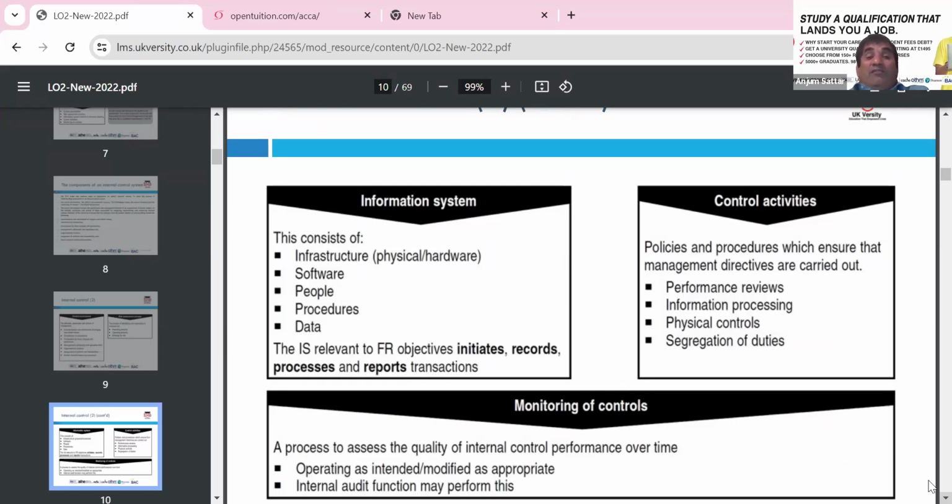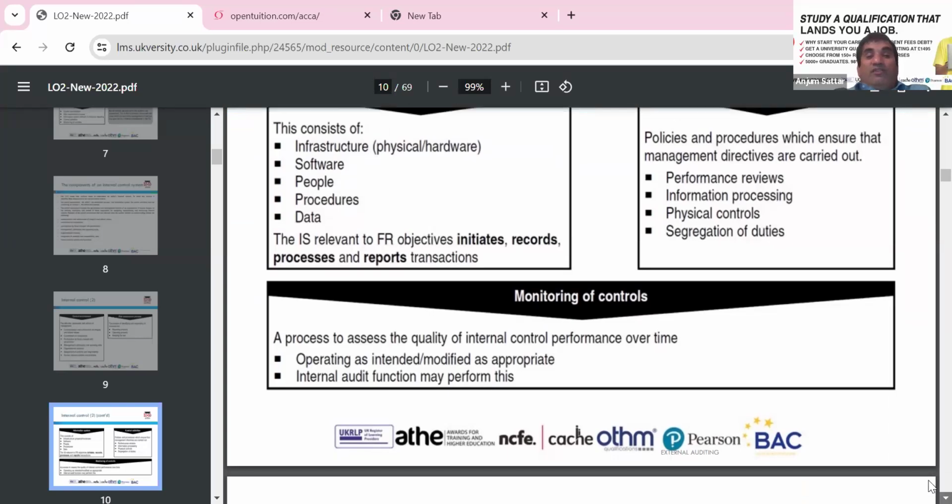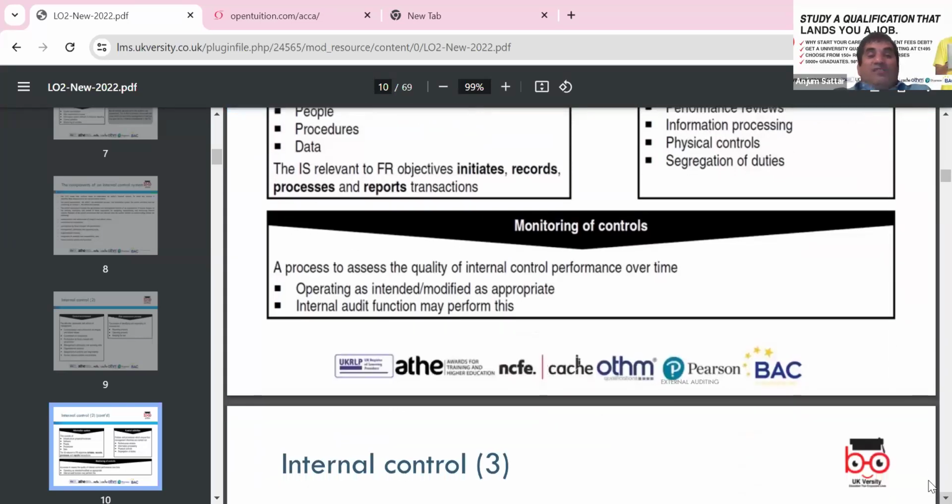What initiative are you taking to make sure you report any material transaction, and keep all records? Policies and procedures to ensure they are carried out, performance review, how often do we do it? Yes, we have a control system in place: a performance review and appraisal system, linked with training and fund allocation. So we can look around physical control, segregation of duty, monitoring control, and a process to assess the quality of internal control.